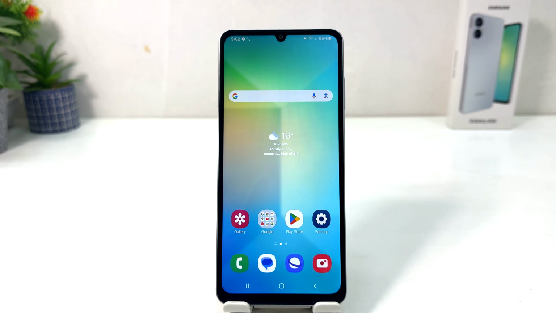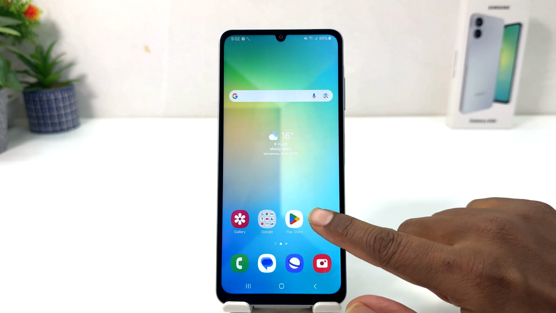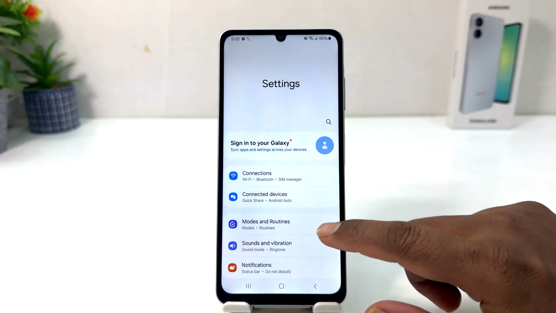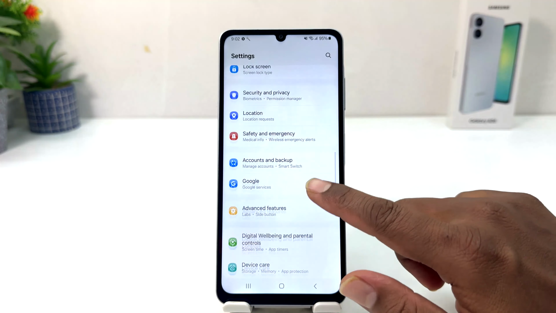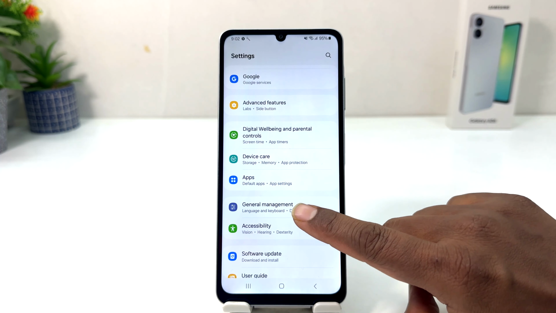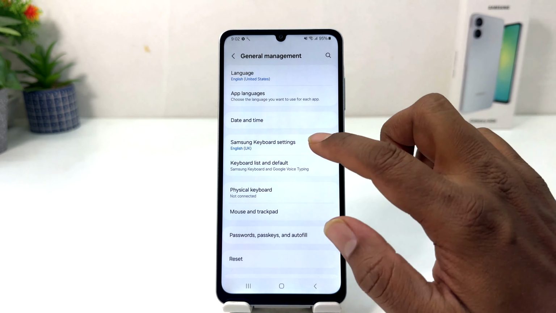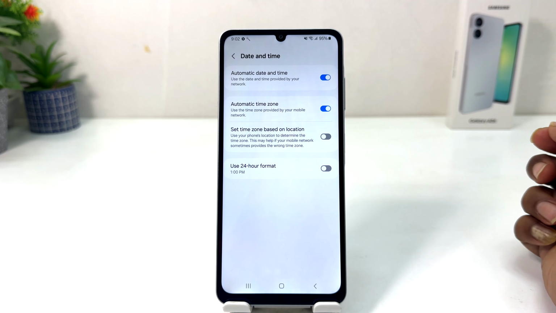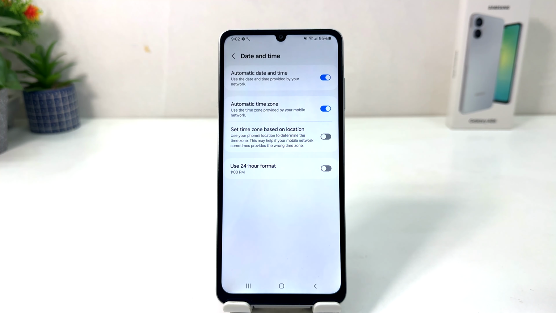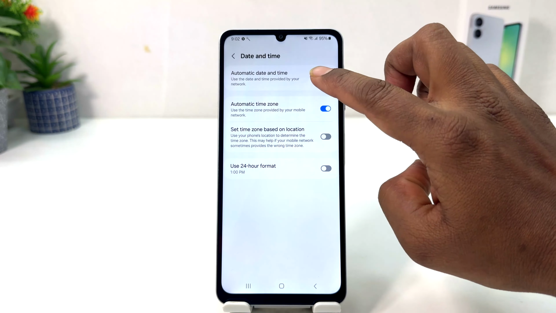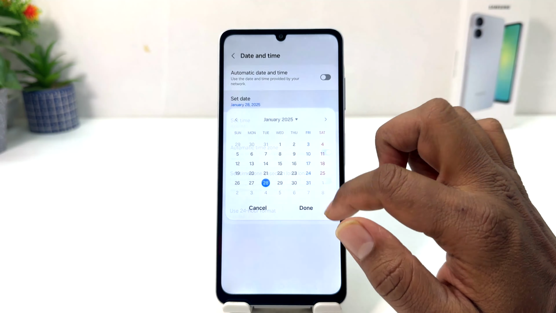You need to click in your Samsung Galaxy A06 settings section. After clicking over there, you need to scroll down and then you will find something that says general management. After clicking over general management, you need to click here date and time, and now here if you decide to enable or change manual date and time, you need to turn off this and then you can easily choose here